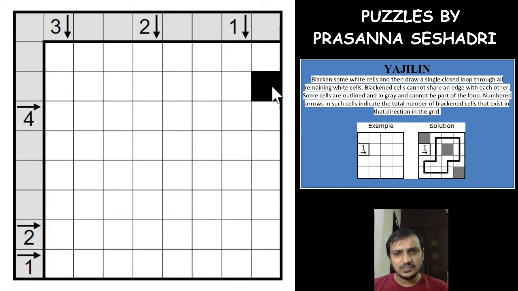If you shade this cell, a loop will go inside this cell because now this becomes unshaded. If I shade this cell, this becomes unshaded and a loop will pass through it. It will go inside, but it will not connect to any part of the loop, nor can it come out, right? So a cell near a corner cell will always be unshaded. So these are the 4 unshaded cells. These are the 8 unshaded cells.